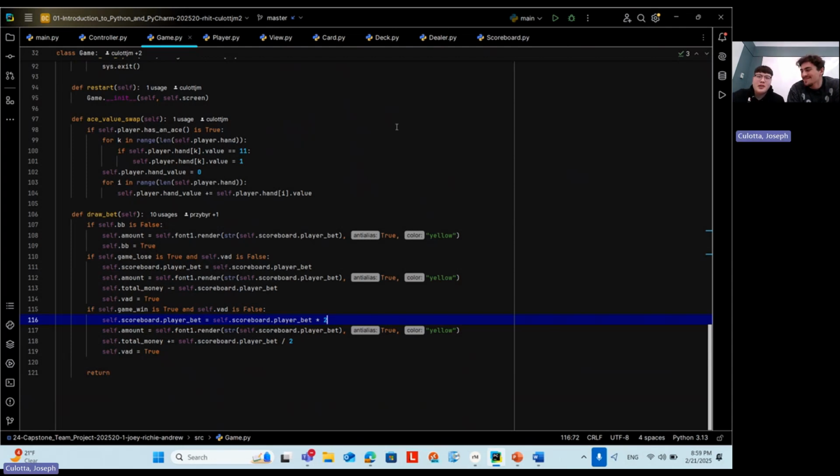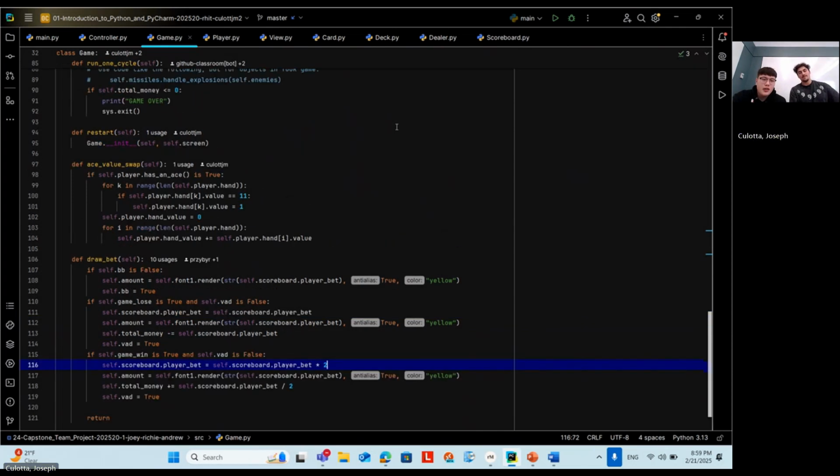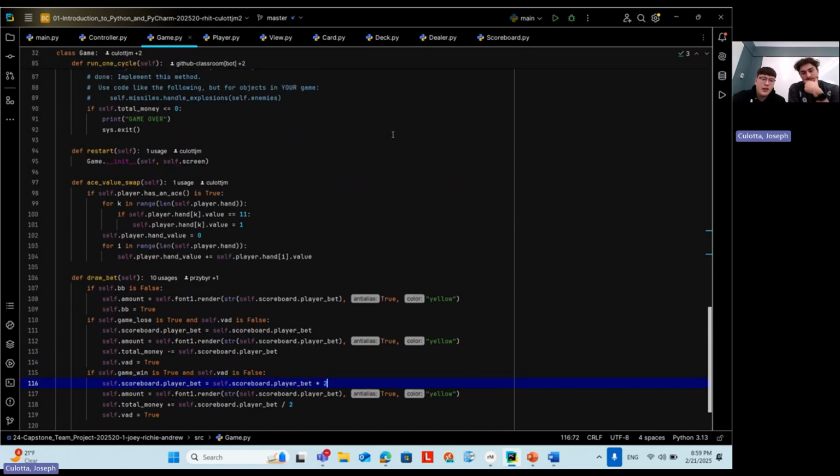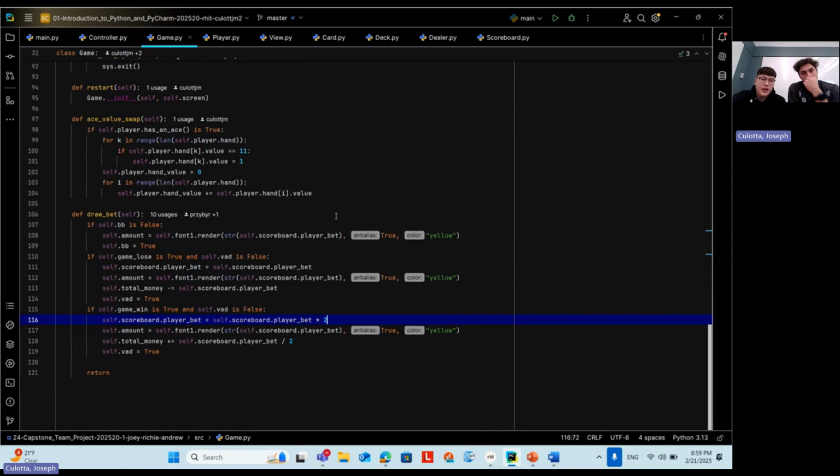I believe our grade should most likely be an 8, right? Because of the intellectual, academic challenges that we faced, especially for the betting after we got the game to work, because a lot of it was trial and error, as seen. And if self.game lose is true and self.ead is false,